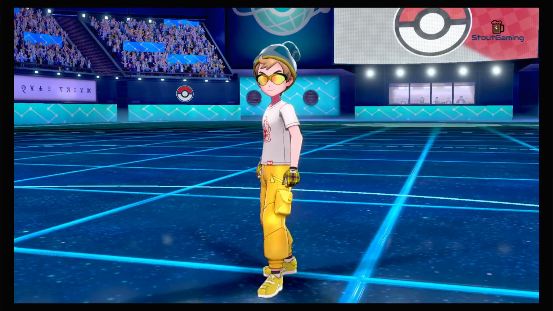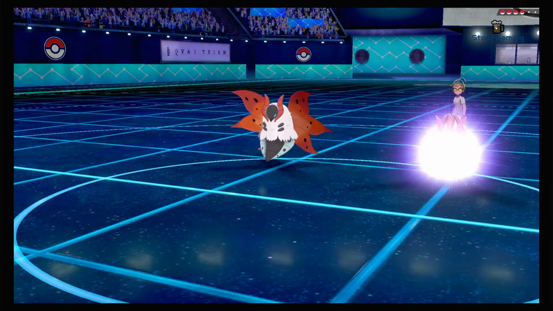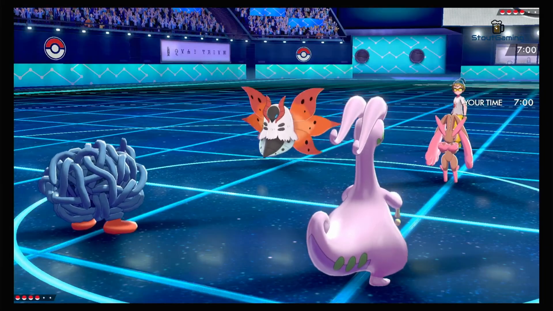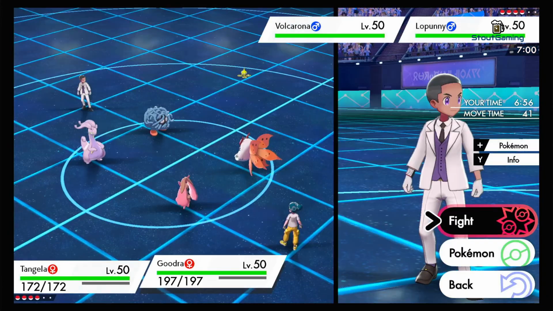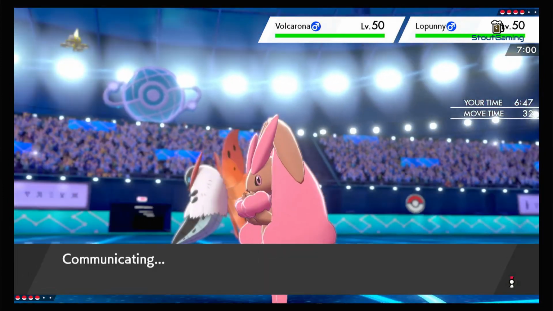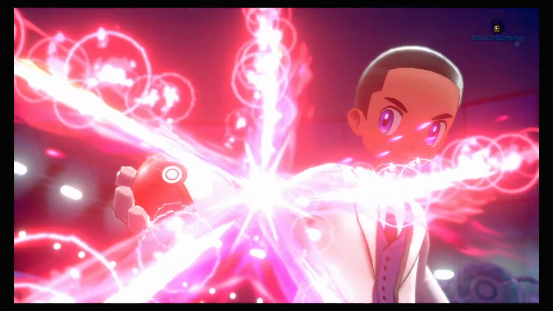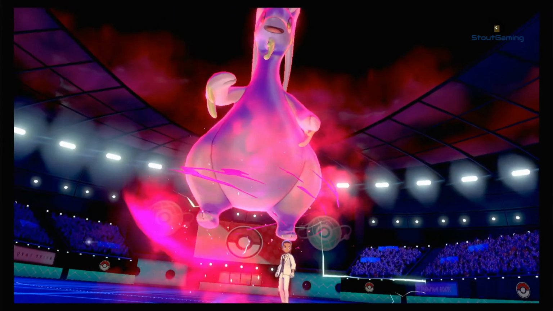But again, this is a really weird set overall, but he does lead Volcarona and Lopunny. I feel immediately great about this because I know where the goggles are, so I know Rage Powder redirects attacks into Tangela. A max bug is he might expect it like, let's lower this Goodra's special attack because he might think it's still special Goodra, and this max Rockfall will kill this Volcarona. So I'm feeling good about this choice. There's an argument to be made that Rock Slide could be better here, but it's an argument that I disagree with